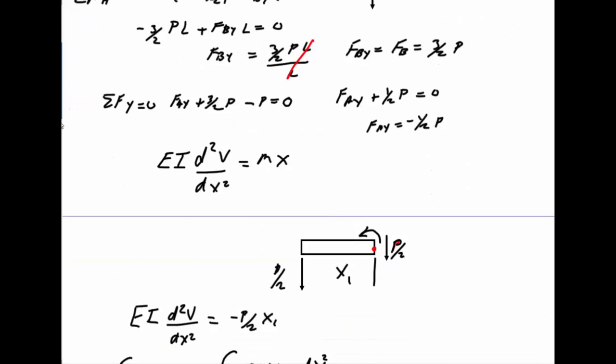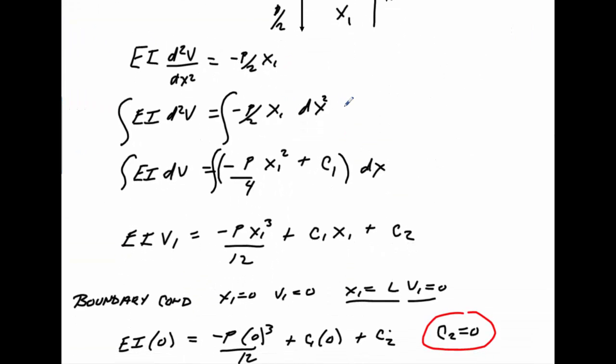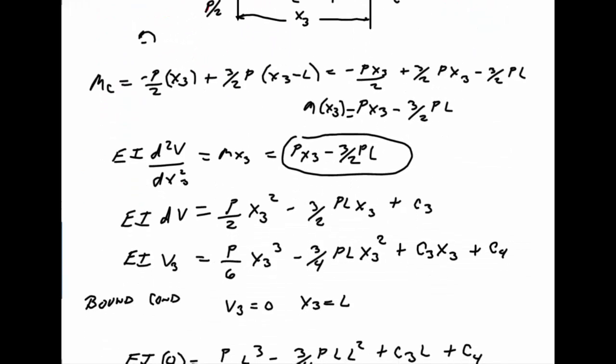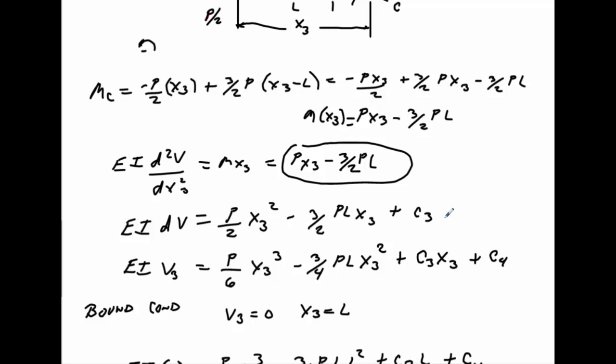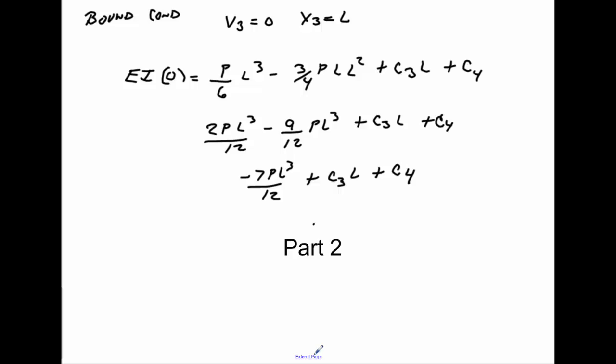So what we're going to do here is we're going to take the equation that we have right here, this one and the one we got down here when we did, let's say this one right here. We're going to set these two equal to one another, because this is the slope of the deflection curves. So we're going to do that now. Scroll down here,